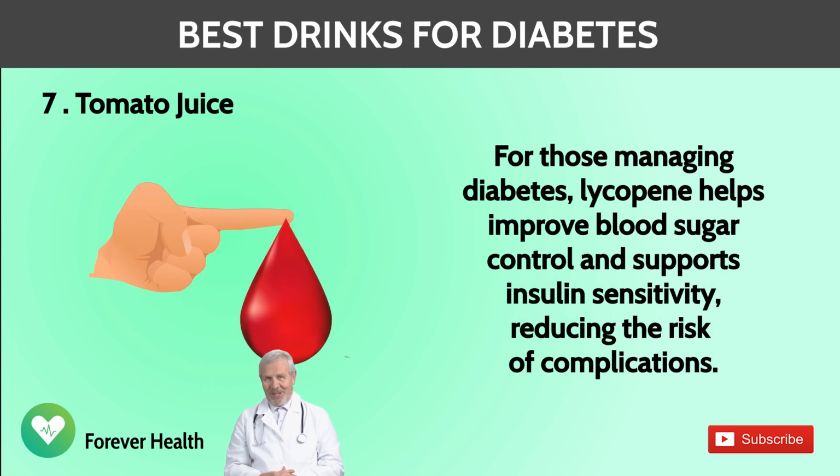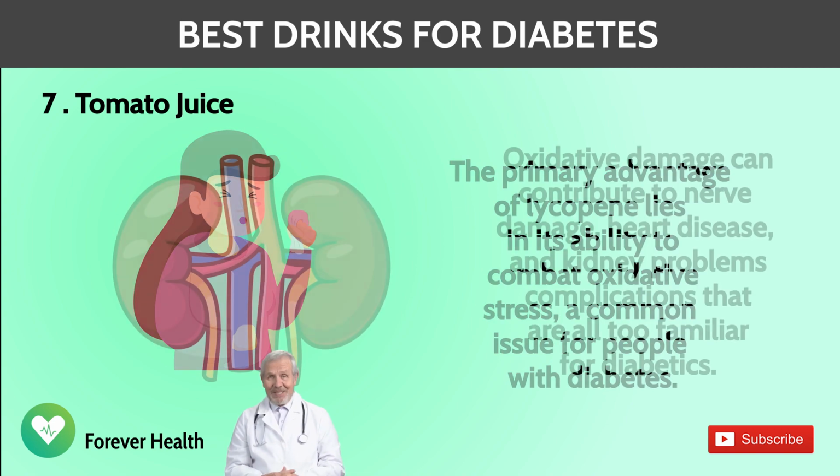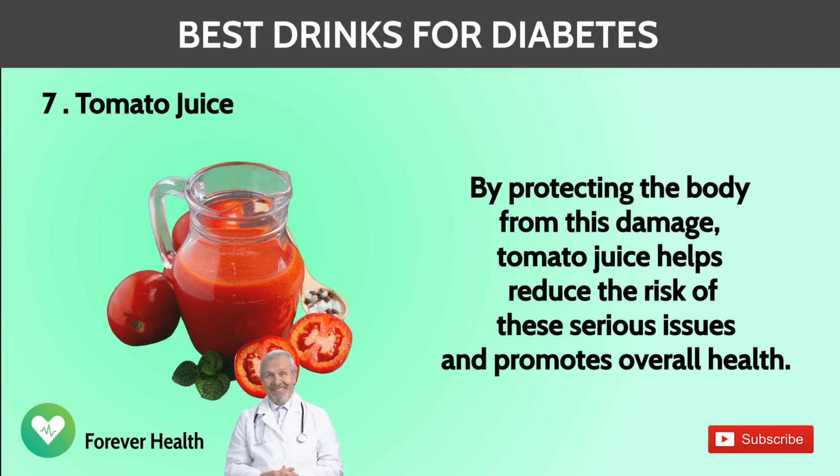For those managing diabetes, lycopene helps improve blood sugar control and supports insulin sensitivity, reducing the risk of complications. The primary advantage of lycopene lies in its ability to combat oxidative stress, a common issue for people with diabetes. Oxidative damage can contribute to nerve damage, heart disease, and kidney problems, complications that are all too familiar for diabetics. By protecting the body from this damage, tomato juice helps reduce the risk of these serious issues and promotes overall